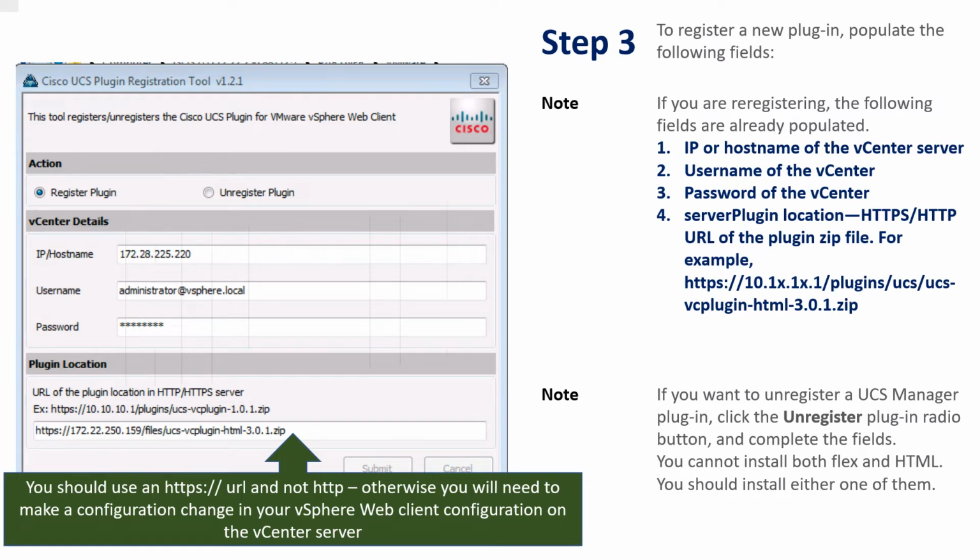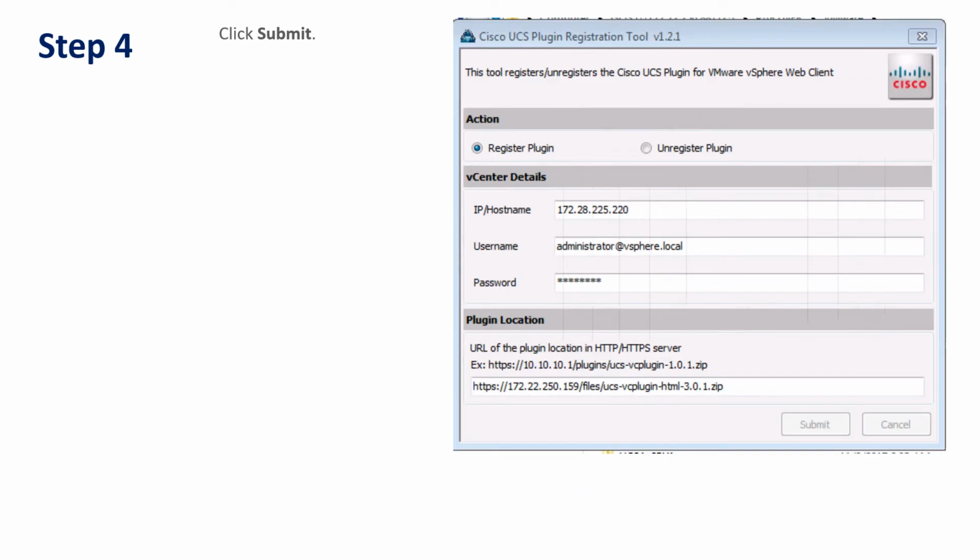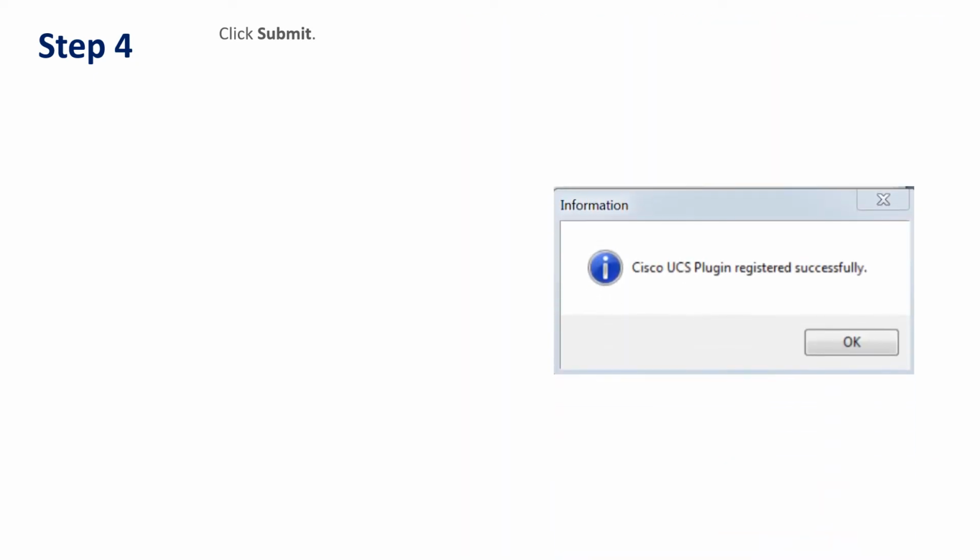That needs to be provided. This window can be used to register the plugin as well as to unregister the plugin from the vCenter server. Once you have provided all the information, click Submit on the Cisco UCS plugin registration tool. Once you click Submit, you will get a message like Cisco UCS plugin registered successfully.